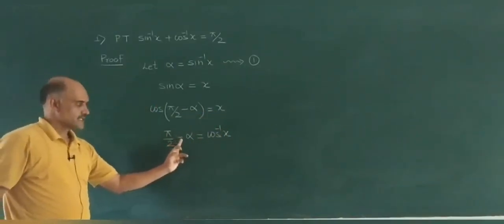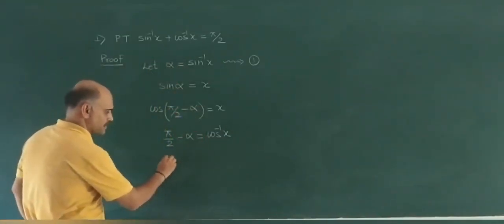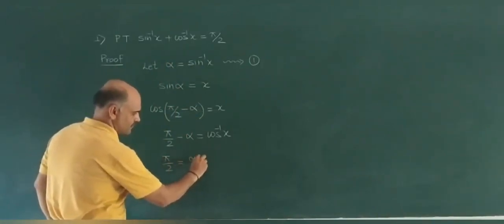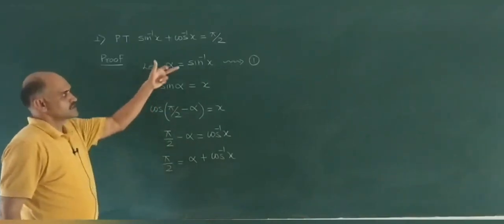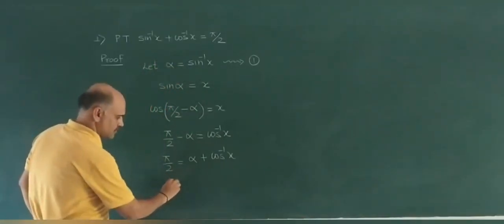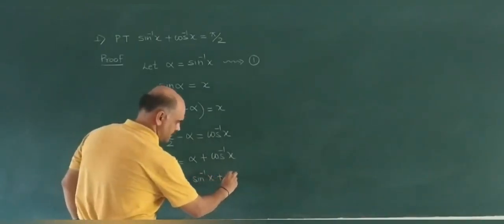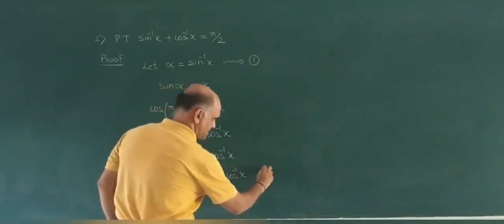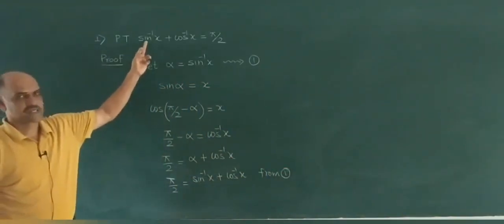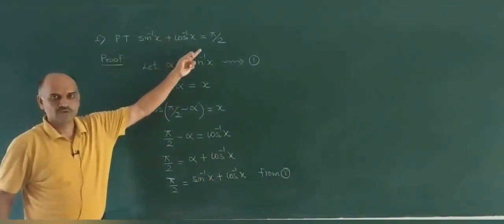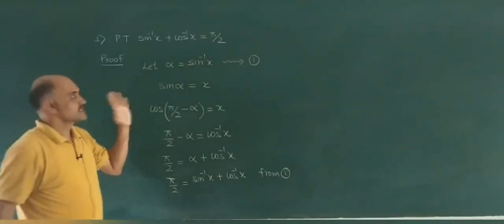Now take this alpha to the RHS, it will become plus. So pi by 2 is equal to alpha plus cos inverse x. So I will substitute alpha from 1, so you will have pi by 2 is equal to sin inverse x plus cos inverse x. Then finally you write it as sin inverse x plus cos inverse x is equal to pi by 2. So this he will be asking for 2 marks. Similarly, second one,